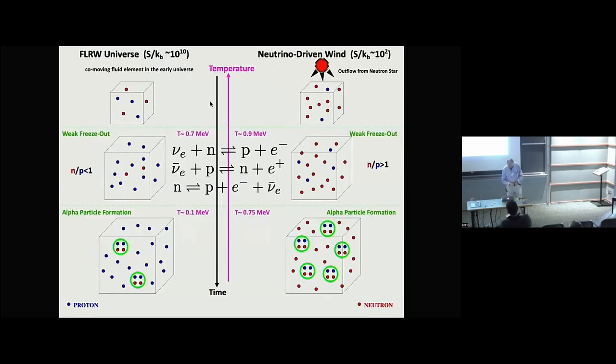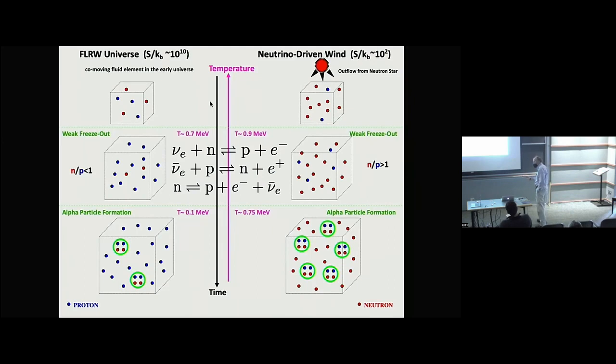Let me just say there's more than a passing resemblance in the physics of Big Bang nucleosynthesis, the nuclear physics of nucleosynthesis in BBN and in an outflow from a supernova. And I apologize to everyone here who's seen my slide 100 million times, but it's important. So if I look here at the early universe, this is expanding this way, time's going this way, temperature's going the other way. The neutron to proton ratios are always set by these reactions, which are flavor dependent. And so in the Big Bang, where there are sort of comparable numbers of nu_e's and nu_e bars, the ratio of neutrons to protons is less than 1.